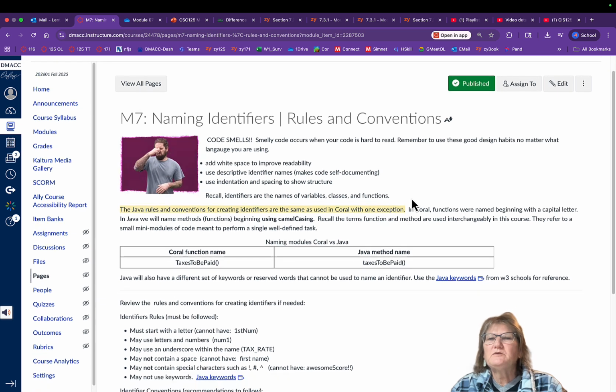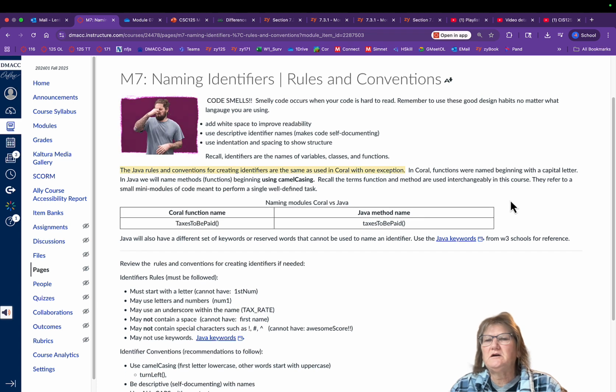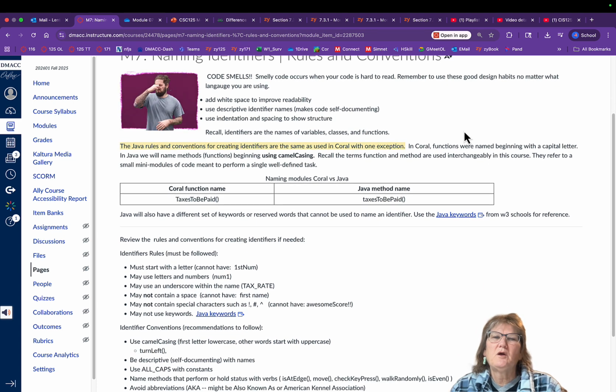So oftentimes you will hear professional programmers talk about code smells, and those are the things that make your code hard to read and hard to debug. And so review these topics here about code smells and just use these good programming practices: white space, descriptive variable names, indentation and spacing. You will hear us talk about making your code self-documenting, which means if you use good variable names, you don't have to add as many comments to explain your